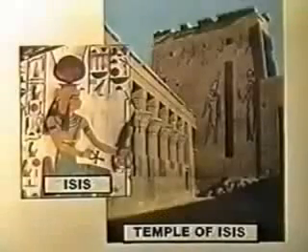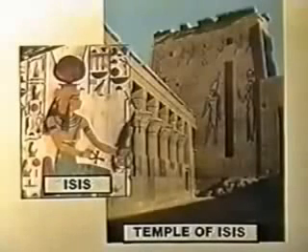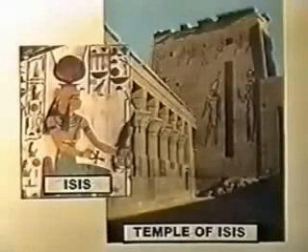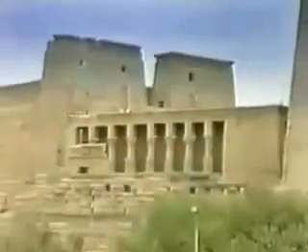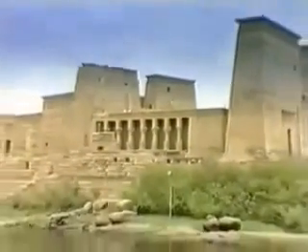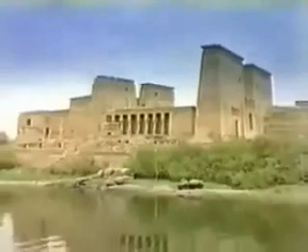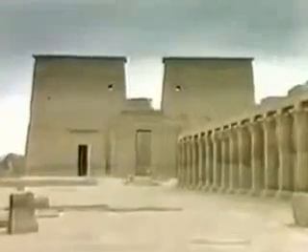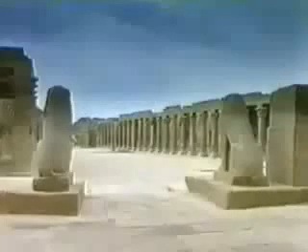Is it just a coincidence that today's Temple of Isis, located on the Isle of Philae in Egypt, has the same name as Thutmose's mother? Some suggest that Thutmose III built the original Temple of Isis to honor his Hebrew mother, who was named after the goddess Isis, and that the temple was later restored by the Ptolemy kings. An inscription inside the temple identifies Isis as the mistress queen of Egypt.